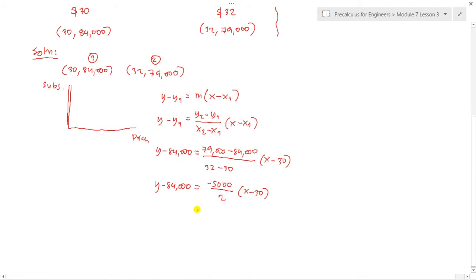Then we can multiply both sides by 2 so that we can eliminate the fraction. So this will be 2y minus 84,000 times 2, that is 168,000, is equal to negative 5,000x plus, distributing,